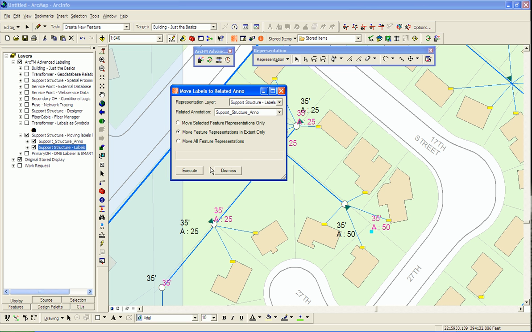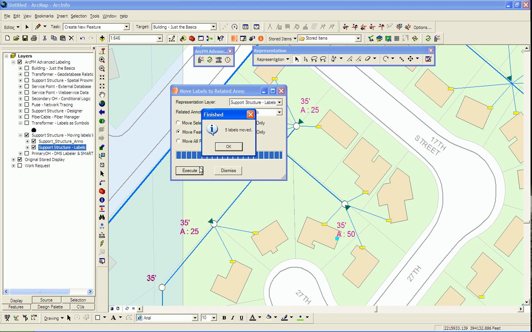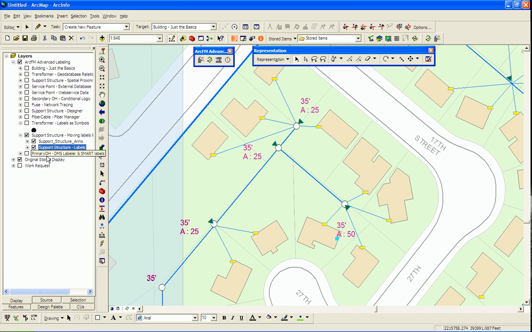When I click the Execute button, go ahead and click on that, we see a progress bar appear, and we'll see a message box that will tell us how many features have been processed. In this case, just 5 features were processed because of the 5 that are in the current extent. We see that the labels match up perfectly with the annotation. Go ahead and click on OK here and dismiss here,